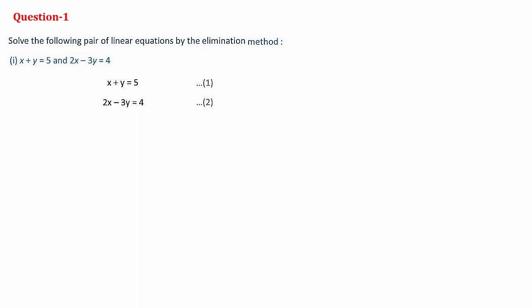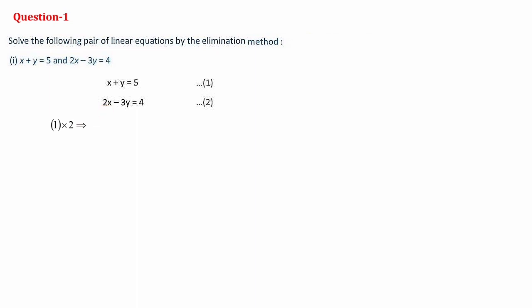Next, here I am fixing my variable as x. I am going to eliminate x. So here the coefficient of x in the first equation is 1 and the coefficient of x in the second equation is 2. So the second equation's coefficient, that is 2, I am multiplying with the first equation. What is mentioned in the bracket is the equation: equation number 1 into 2. This 2 comes from the coefficient of the variable in the second equation.